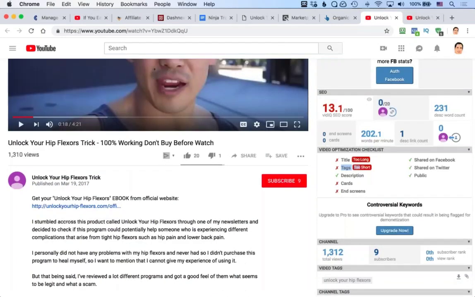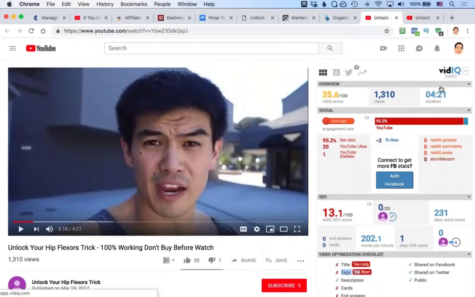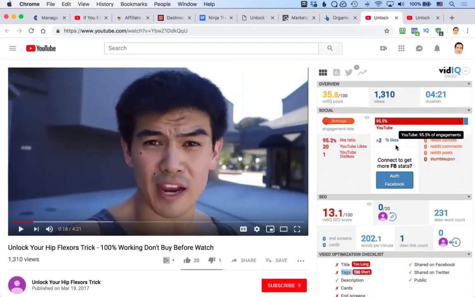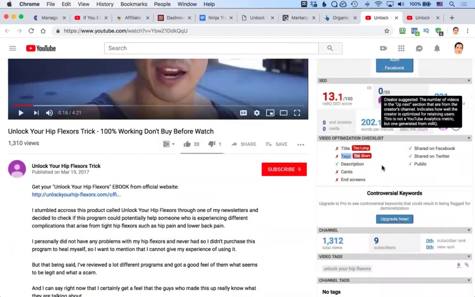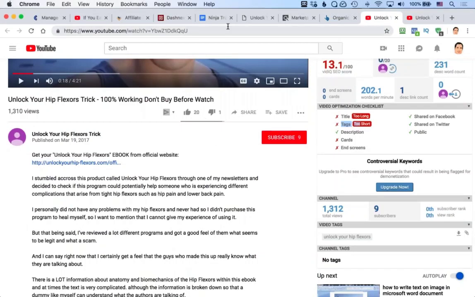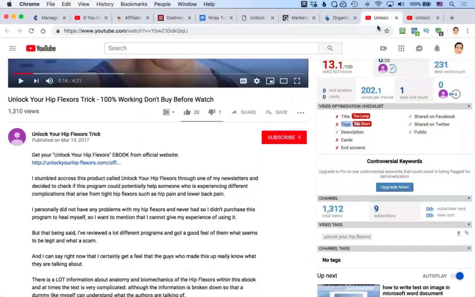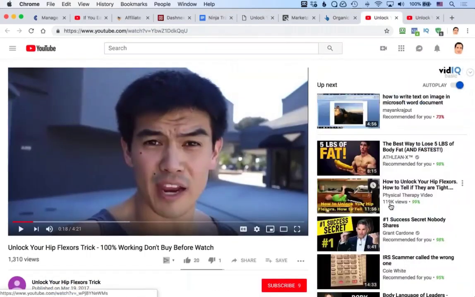And this is also another tool, by the way, vidIQ, which is really, really powerful. You can install the extension and it just shows you all kinds of different data about YouTube videos, right? But now you see, this is the way you do the keyword research. And you can go even further now. What you can do now, like look at this. We have,